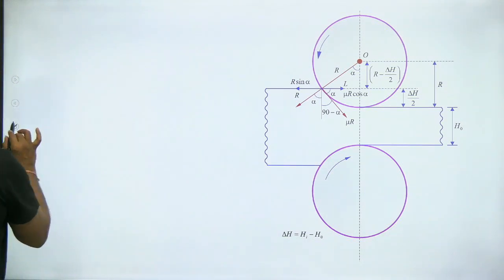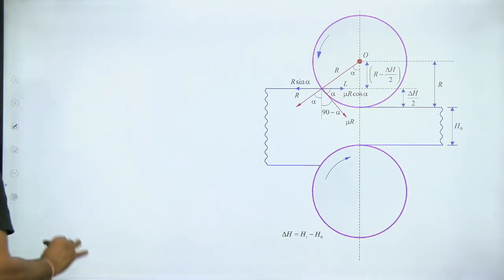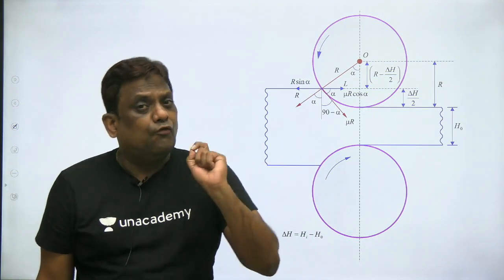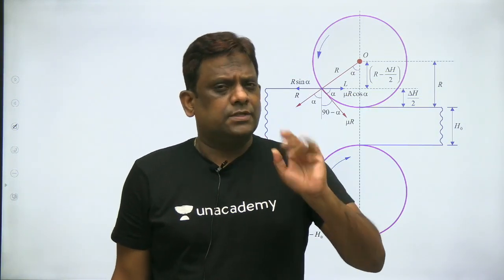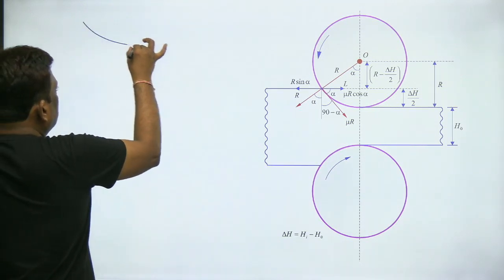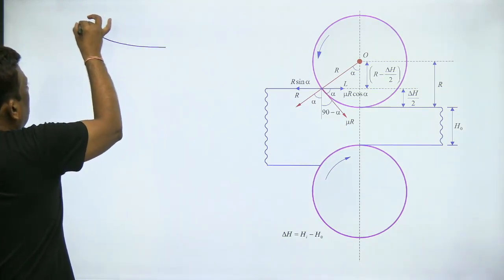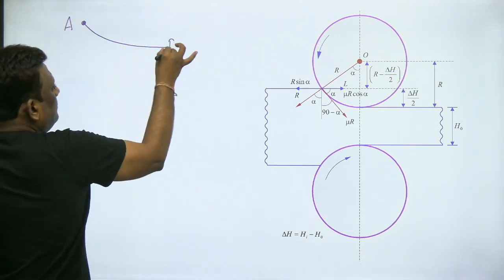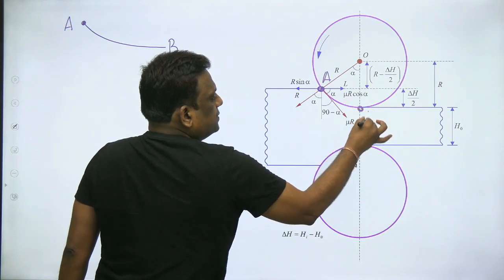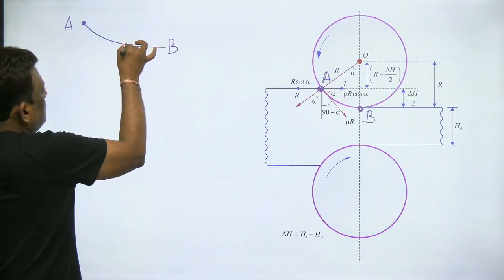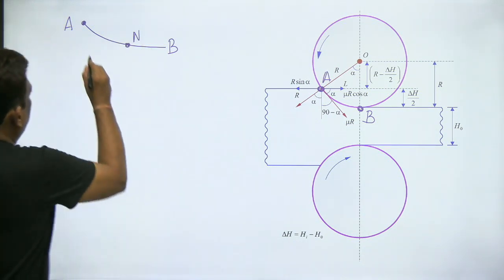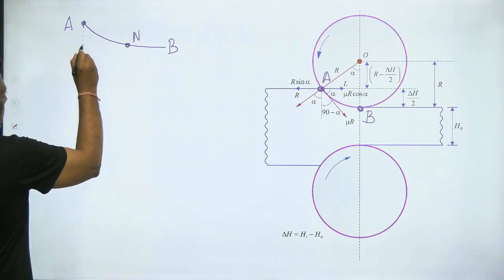Okay, so these are the things. Now we'll discuss one of the important parts, that is roll force or roll separating force. Understand carefully. I told you very clearly, if this is my deformation zone, A is at the entrance, B is at the exit, and this is say the neutral point. And I'm going to talk about, let's see how the pressure is varying.